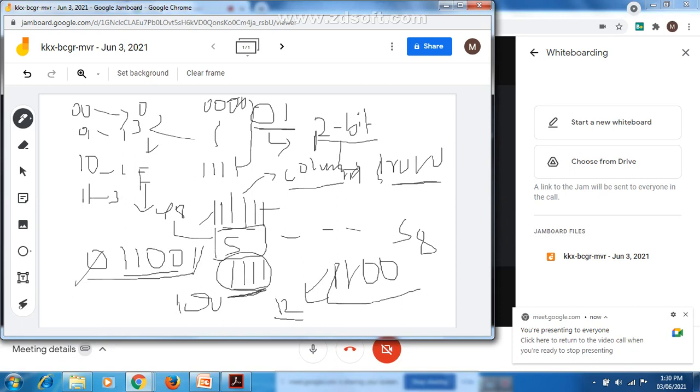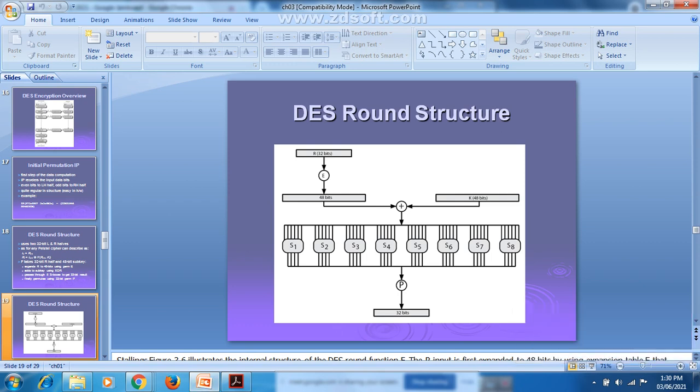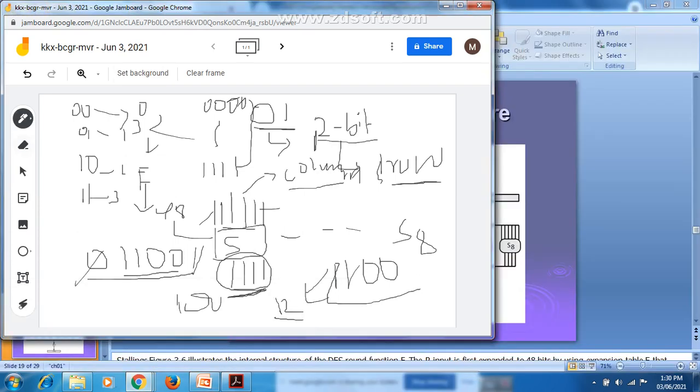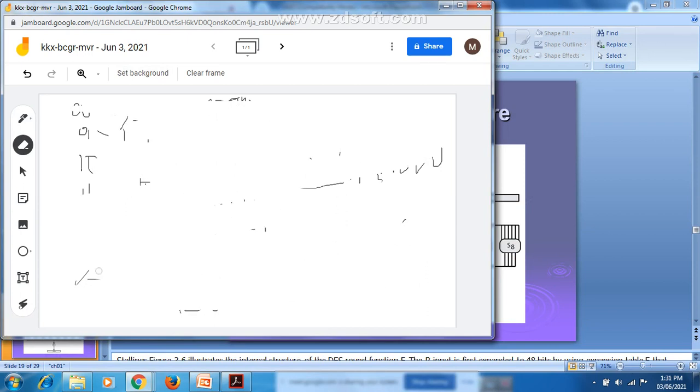Right? If, for example, we get the 4th row, 12th column, what is the value we'll get? 14. You need to represent 14 in binary. That will be the output of your S box. Clear? Like this, all the 6-bit inputs, each S box is going to convert into 4 bits. So totally 8 times 4 is 32, because of that you are getting the output as 32 bits once it is passed through the S boxes. Is that clear, guys?